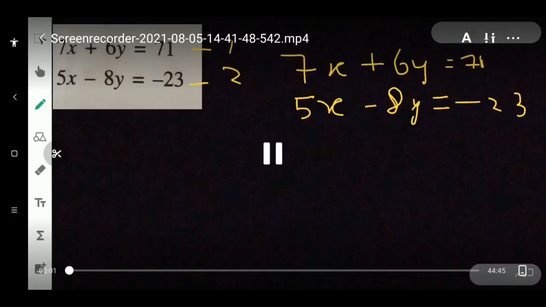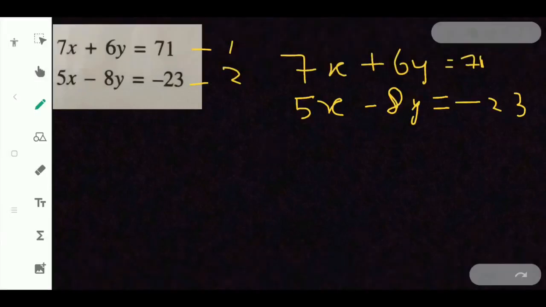Hi friends, today we are going to discuss how to solve simultaneous linear equations by using the method of elimination by equating coefficients. In the previous video, we have done one example and tried to understand. In this video, we will be doing 3 examples and make the idea more clear, and we will be proceeding to the next method in the next video.